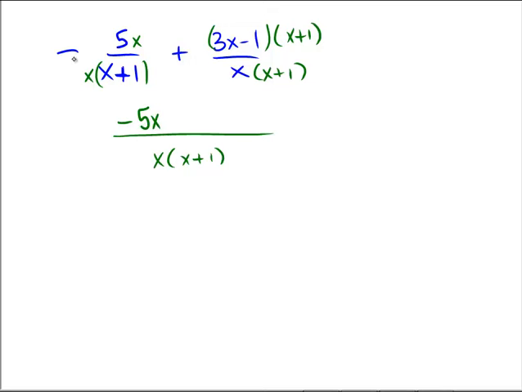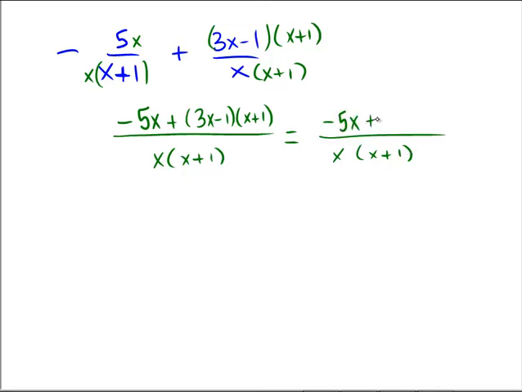minus 5x, the negative sign gives me the negative 5x, plus (3x minus 1) times (x plus 1). So that's again still over x times x plus 1. We have negative 5x, and after multiplying out or distributing what's inside of here, we'll have 3x squared plus 3x minus 1x, so that's plus 2x, and then minus 1 times plus 1, so that's minus 1. Since it's a plus sign this time, instead of a subtract, we don't have to worry about that extra stage, so I just can combine the minus 5x and the plus 2x nicely,